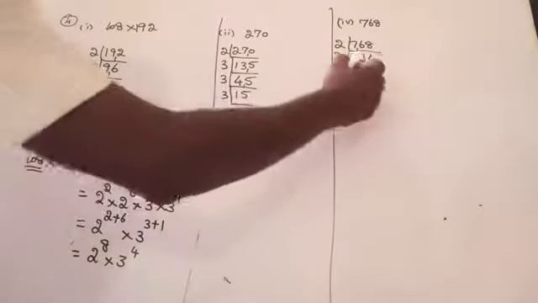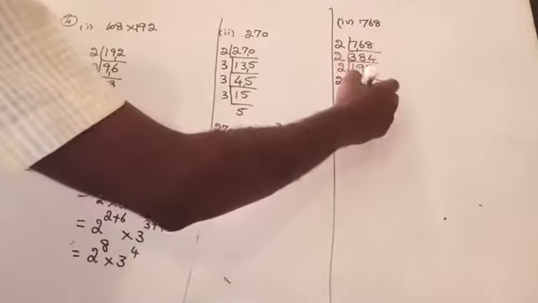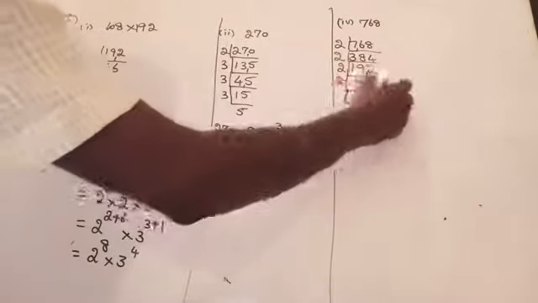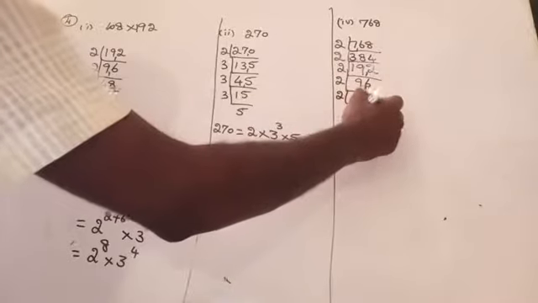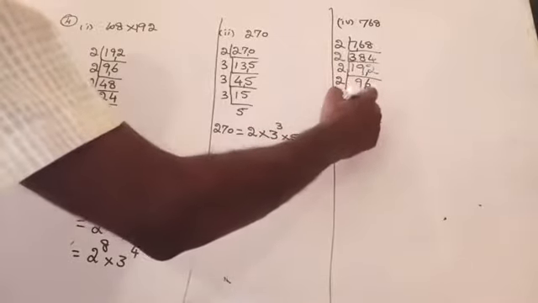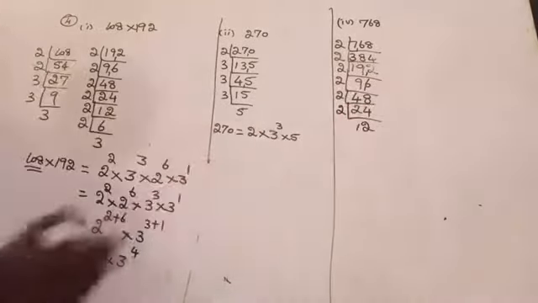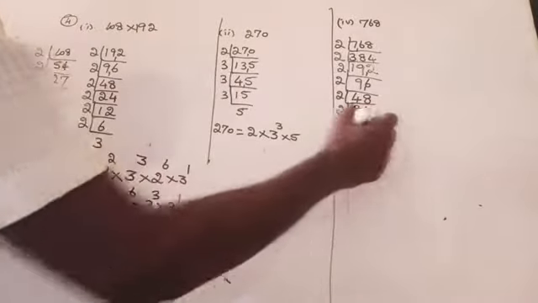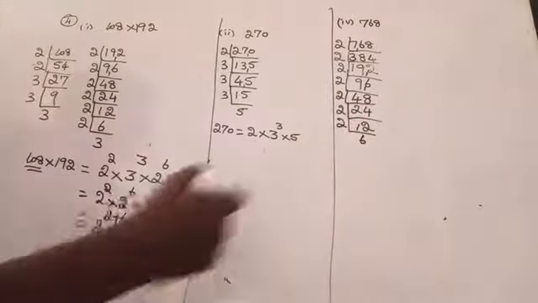Again, it goes with 2 table. 2. How many 2s are there in 9? 4 2s are 8. Remaining 1. 8 2s are 16. Then again 2. 2 2s are 4. 4 2s are 8. Again it goes with 2 table. How many 2s are there? 12 2s are 24. Again it goes with 2 table. How many? 6 2s are 12 here. Then again it goes with 2. 2 3s are 6. Then 3 into 1.